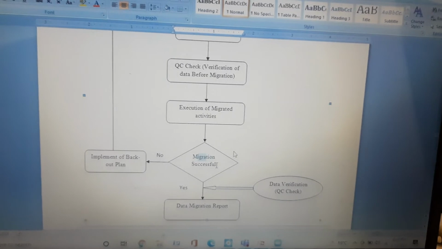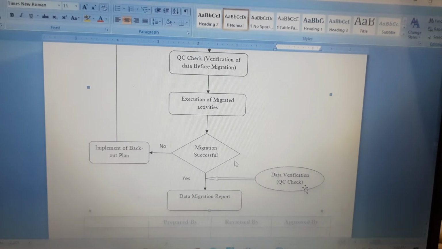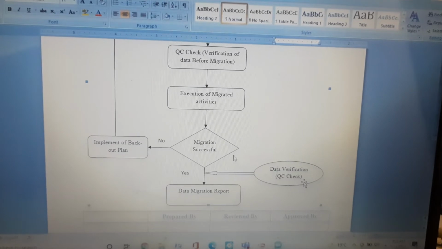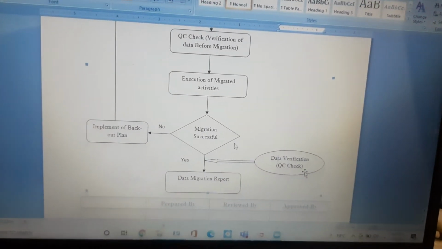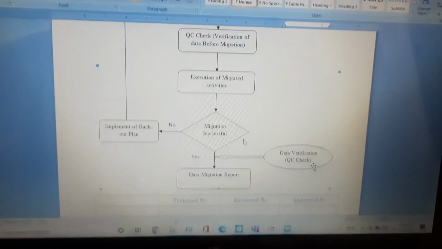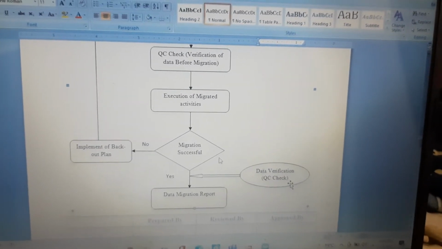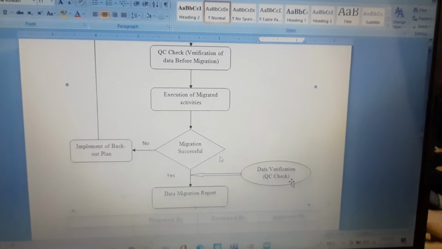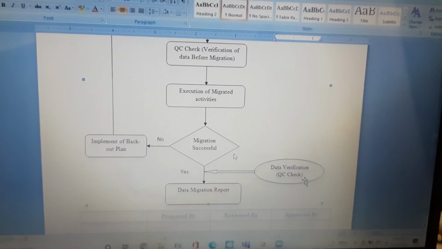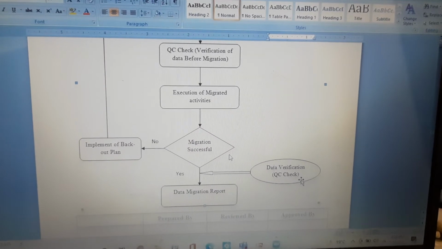If the migration is successful, then we have to verify the data again for completeness, that 100% of the data has been transferred, and that the data transferred is complete and accurate. So before the migration activity, perform the QC check. After the migration activity, perform the QC check again. That is the data verification check. After successful verification, that 100% data has been transferred and the data is complete, correct and accurate,